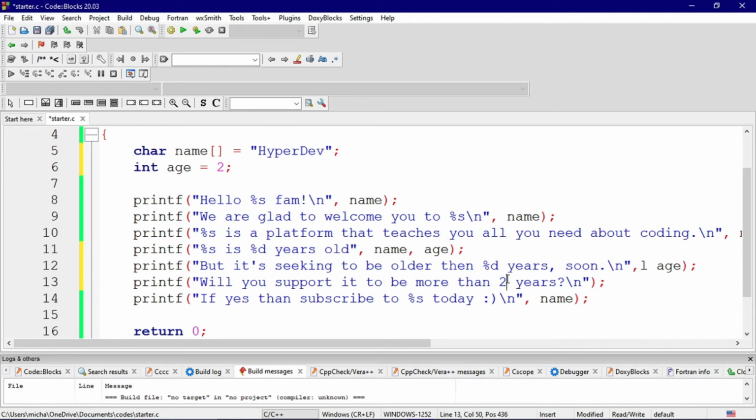So come down here to the last 2, then put %d. %d is used only because we are dealing with integers. You can use %d or %i, but specifically, whatever kind of data type you are dealing with, all the letters of reference are there. All of these things we are going to cover in the next episode after this one. Here, let's just say age as usual. Now our program is just as it was before. There's no problem. If you run this program, it is going to print the same thing.